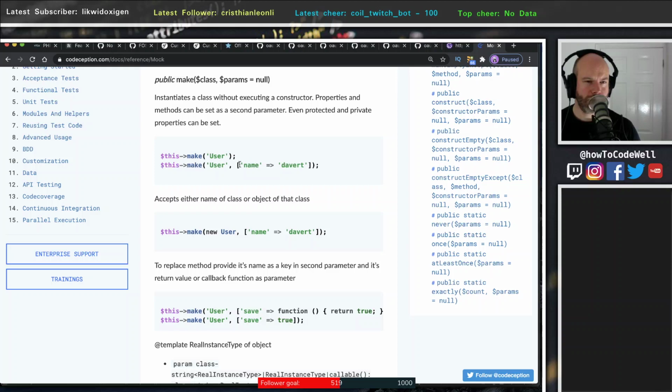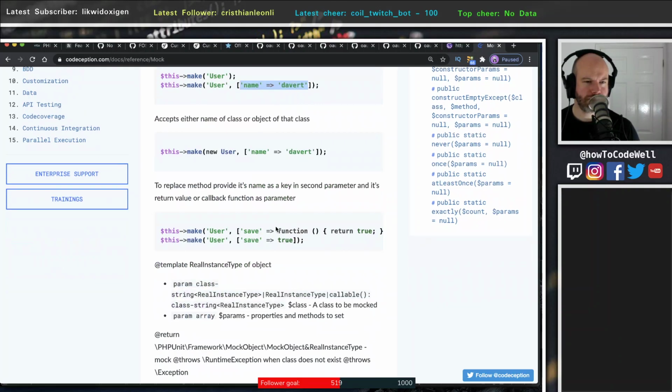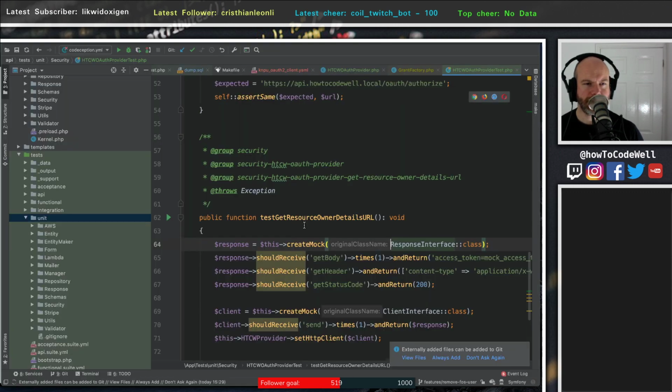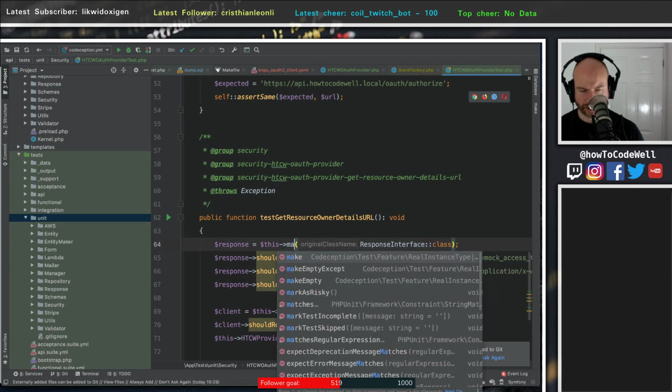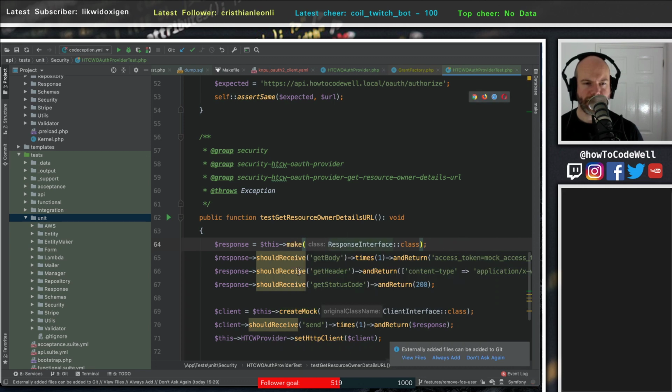Make username, that's the parameters, and then this is the function, so you can return a closure. To replace a method, provide its name as a key in the second parameter and its value. So yeah, I think this is just this make, and then it's that,